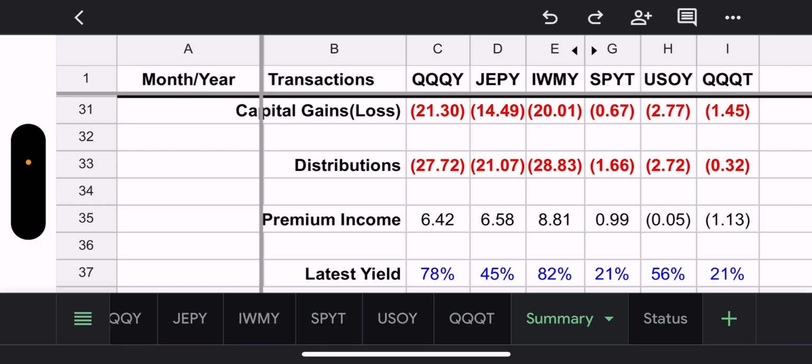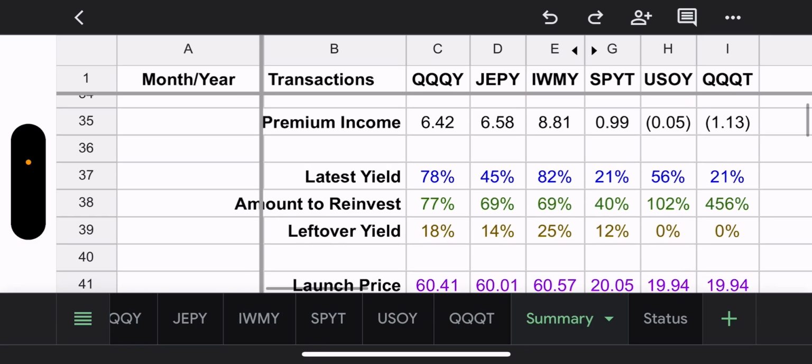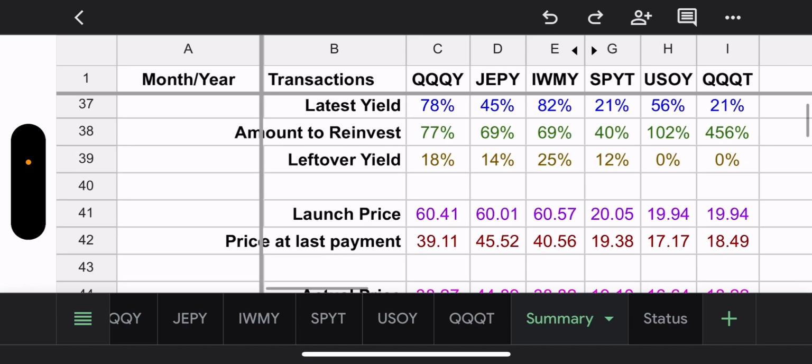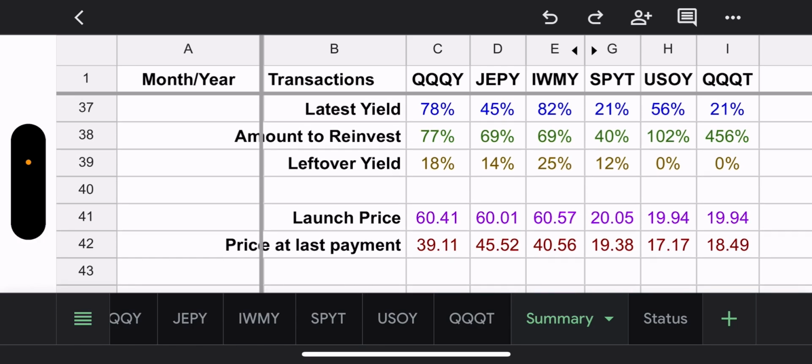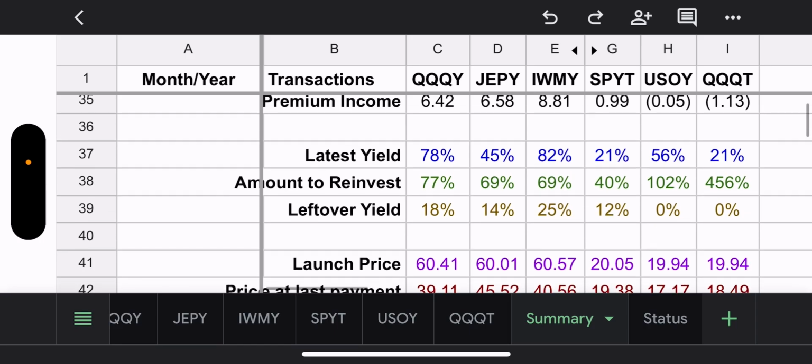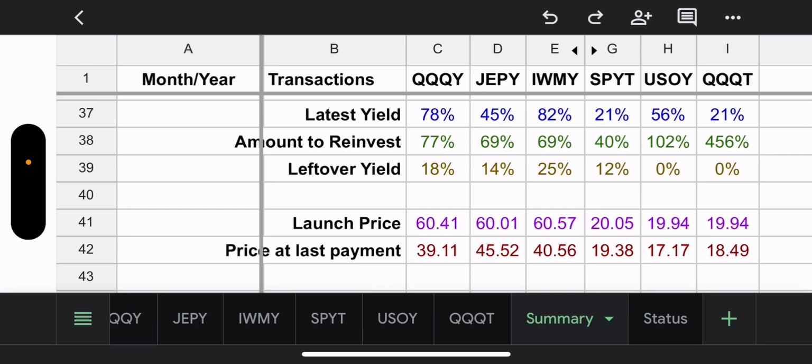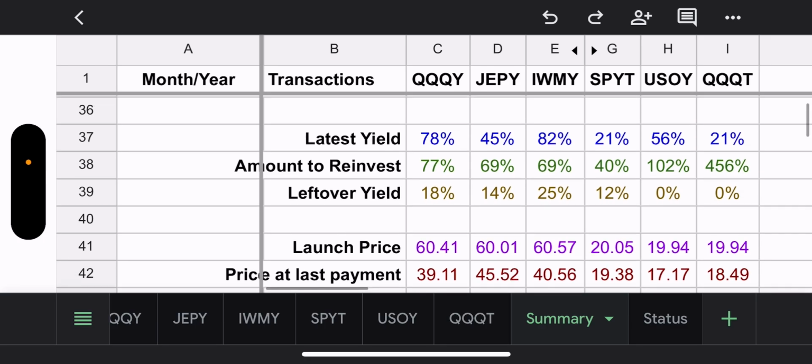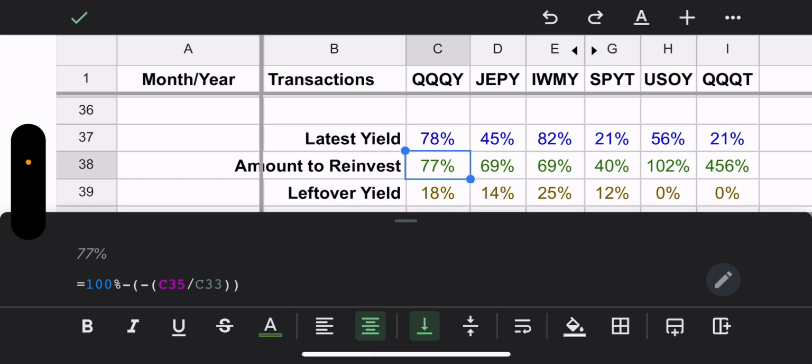So now their latest yield. This is something semi-new that I added from previous. It shows what their latest yield is. So if you look at QQQY, again, we said 78%, right? I'm showing you how much you should reinvest to kind of stay somewhat stable with these funds. And I'm showing QQQY, you should reinvest 77%. Well, how the hell did you come up with that number, right? So if you look at the formula,